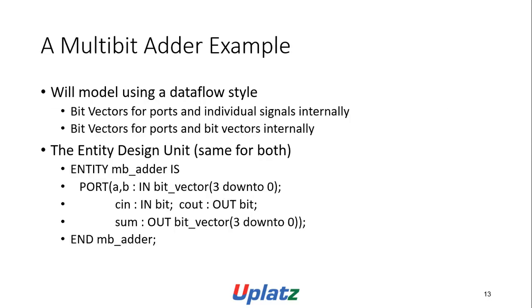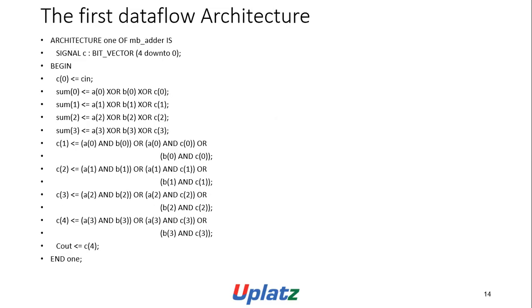For the multi-bit adder example, we will model using a dataflow style, with bit vectors for the ports and bit vectors internally. The entity design unit is the same for both. Entity MB_adder is port (A, B: in bit_vector(3 downto 0); C_in: in bit; C_out: out bit; sum: out bit_vector(3 downto 0)); end MB_adder. Architecture one of MB_adder is signal C: bit_vector(4 downto 0);